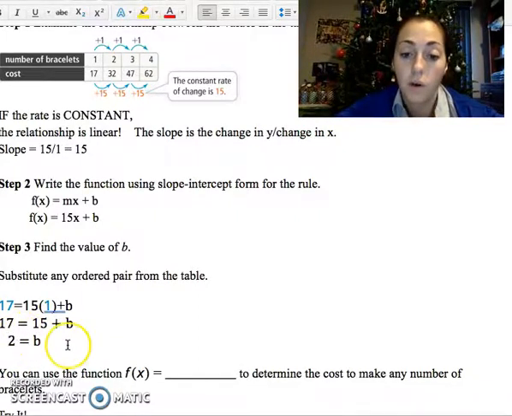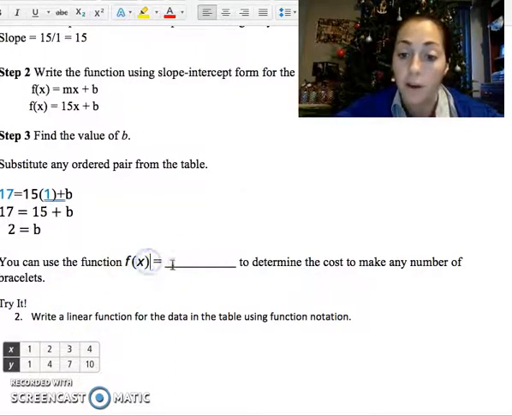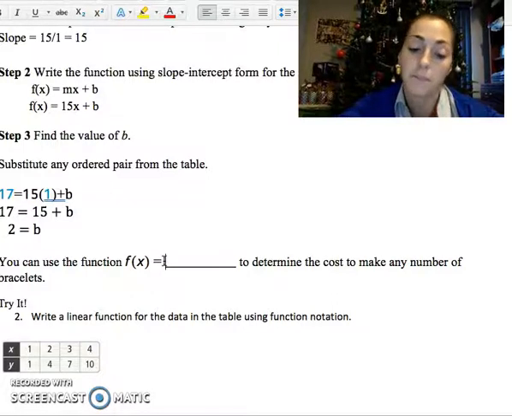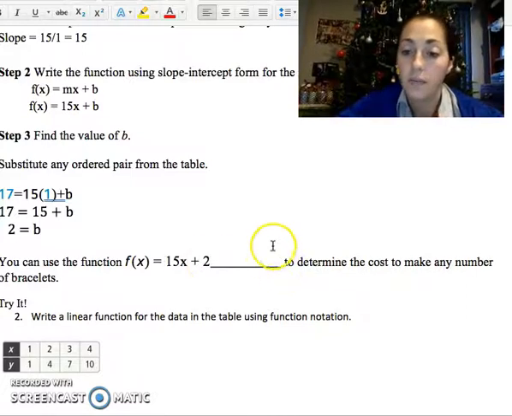So you know your slope, you know your y-intercept, so all you gotta do is write it, but changing that y for f of x, don't forget. So f of x equals mx plus b, 15x plus 2. So that means